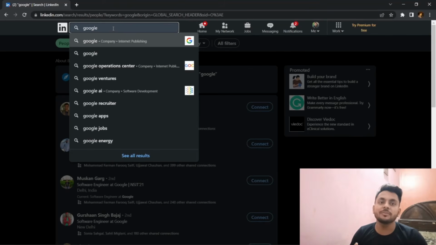So I get lots of mentors, lots of good connections through this LinkedIn. How you can do it: you can search by company name, you can search by college name. If you are into coding colleges or tech colleges, engineering colleges, you can write another engineering college, and you can connect with the people or the students of other colleges. You can connect to the company. If you are in a company, you can connect to another company, and you can create a great bond. So this is the way by which you can build a strong connection.